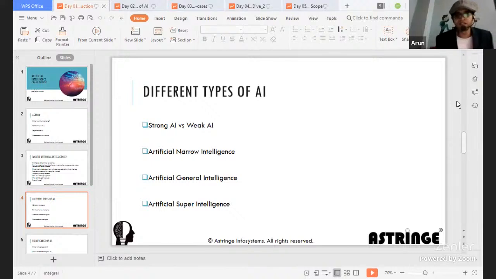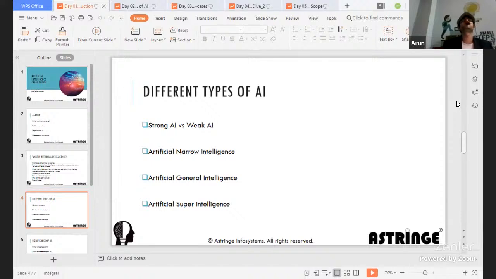Artificial general intelligence, on the other hand, I'll not say it is also strong AI, but it is somewhere in between strong AI and weak AI. Why I say that is because it's like the GPT-3 algorithm, generative pre-trained transformer, which I was mentioning. There is a training algorithm which has been created by, sorry, it's from OpenAI.